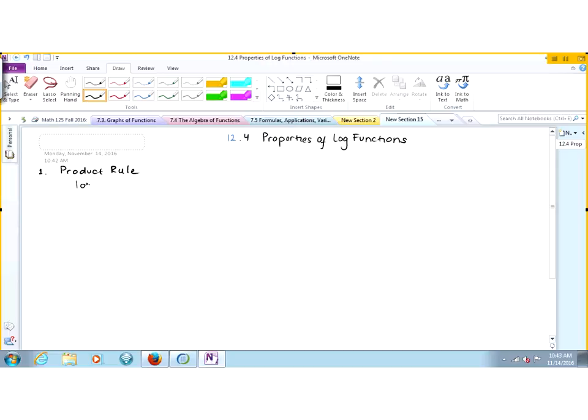And it says this, log base A of mn is equal to log base A of m plus log base A of n. So log base A of mn is log base A of m plus log base A of n, okay? So the log of a product is equal to the sum of two logs. So for example,